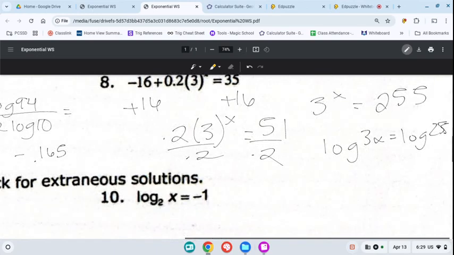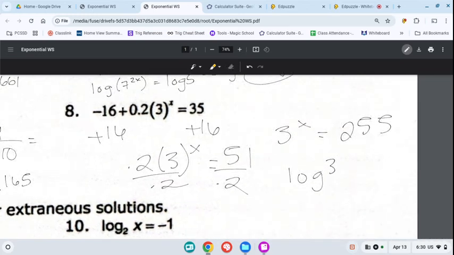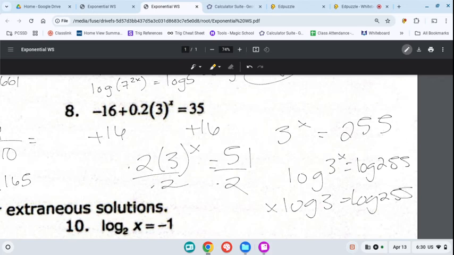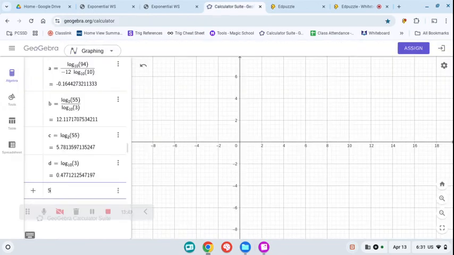Okay, now I have to erase this because my handwriting is atrocious right now. Equals the log of 255. Bring that back in. So now I have x times the log of 3 equals the log of 255. Divide this by the log of 3. So now I have the log of 255 divided by